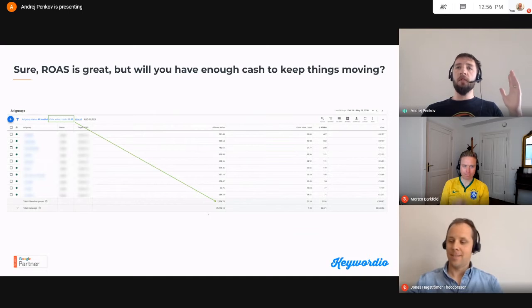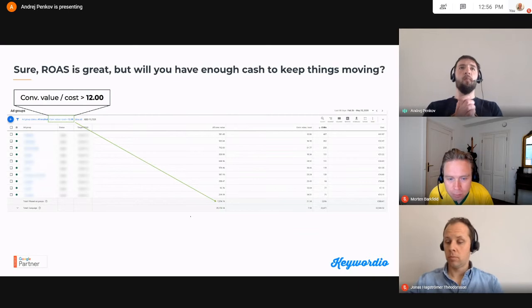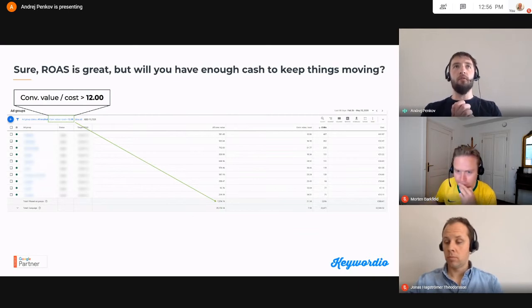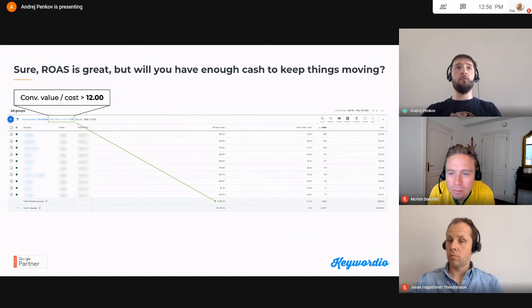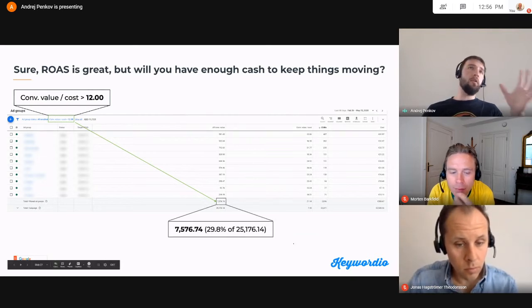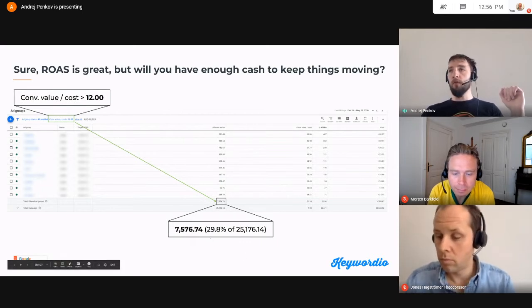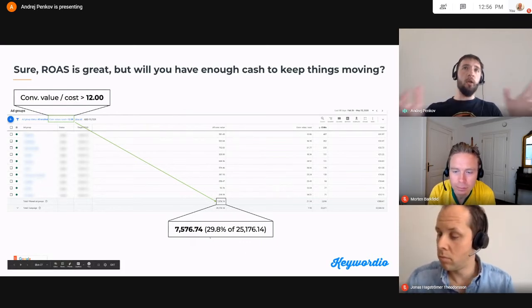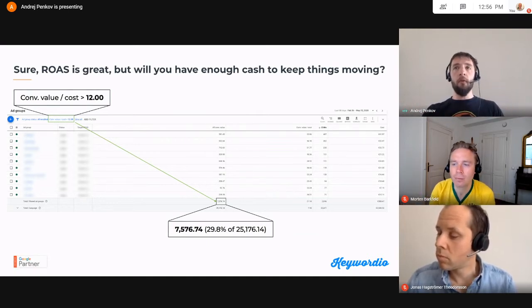And one of the examples from the real account here: say, here are my products that I would like to switch back on after the tough times are over and I have a little bit more cash lying around. I am going to go for a very strong ROAS of 12 and hope for the best. But what is important here is that this ROAS and these products would only give you less than 30% of your total revenue that you were expecting when every other bucket was also enabled. And if you can live with that, that is great.